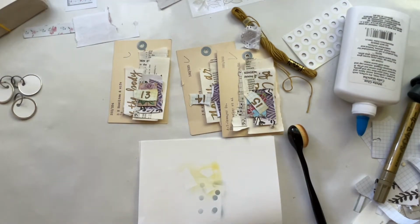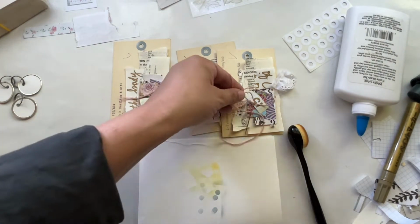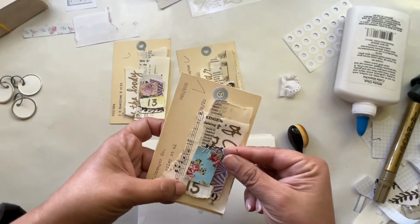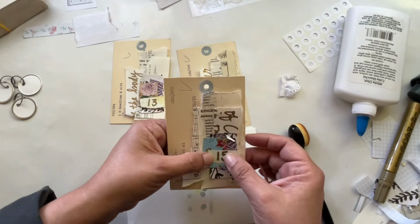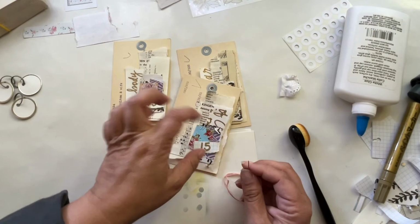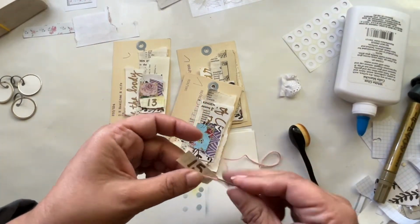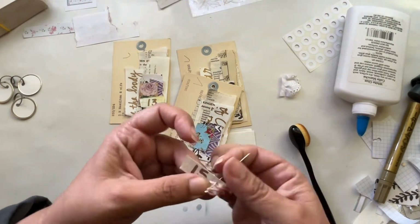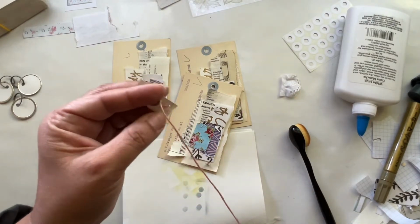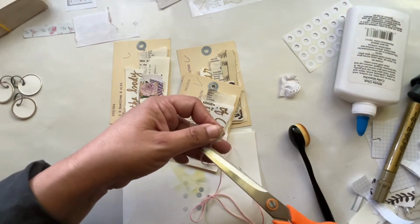I am taking this yellow Distress ink pad and I am just distressing those numbers a little so that they kind of melt a little more into the background. Originally, I was going to use some embroidery floss in that kind of yellowy color, but I decided just out of laziness, my floss was already there with the pink that I used on yesterday's spread, and so I'm just making these little X's on each of the numbers and trying very hard not to poke my fingers